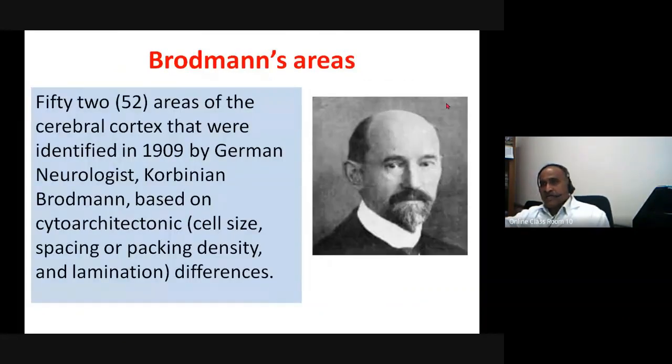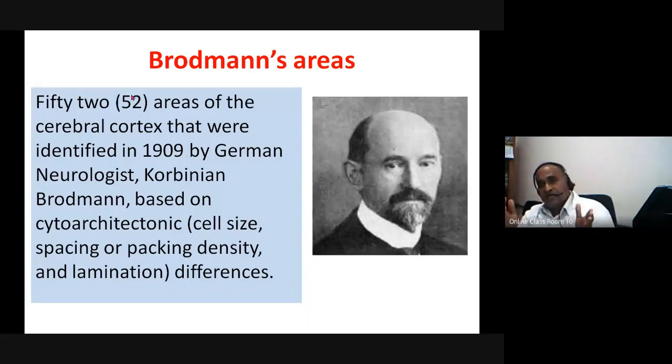Who is he? He is a German neurologist, and he studied the cerebral cortex on the cytoarchitectonic basis of the cerebral cortex. What is this cytoarchitectonic? It is the cell size, the spacing, packing density, and laminar organization. That means layer organization. All these characters were taken into consideration, and after that, he categorized the